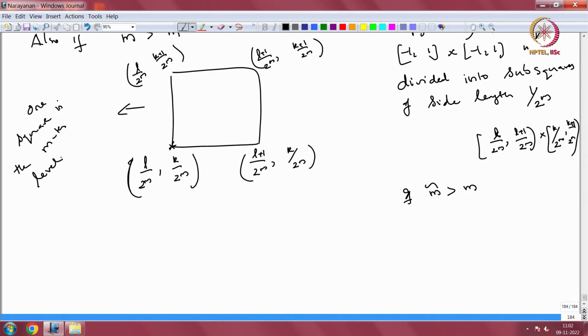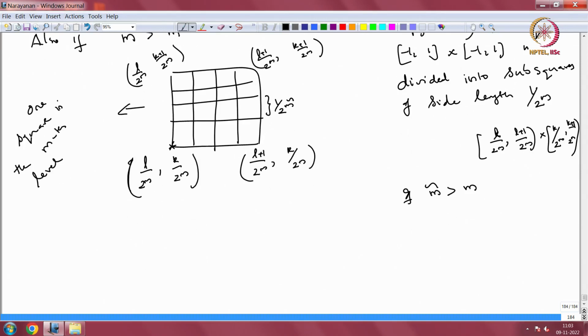Okay. In the m tilde level, this square is divided further, so that the side lengths are 1 by 2 to the m tilde, right. So, you can count how many times you need that. For the interval, you have to divide 2 to the m tilde minus m times. So, that this happens, right. But so, if m tilde is greater than m, if you keep this picture in mind,